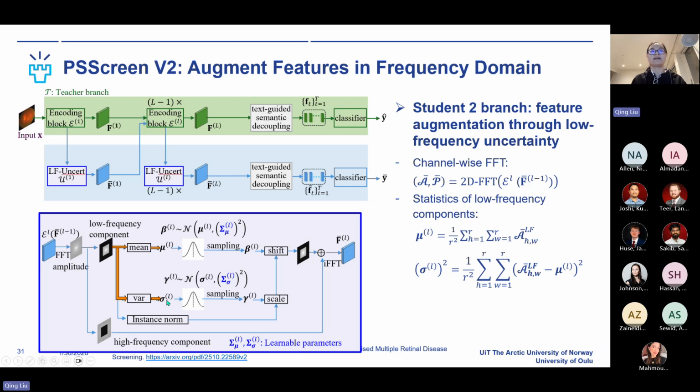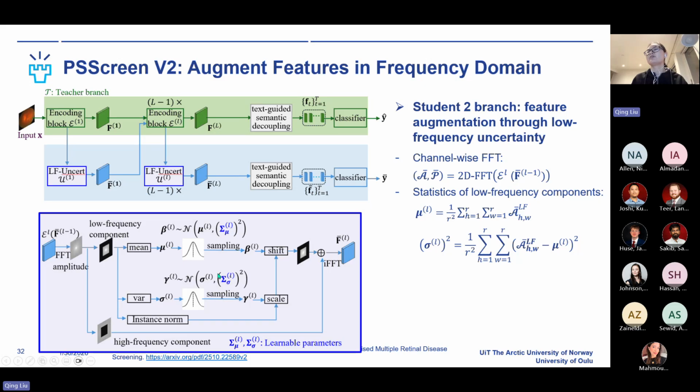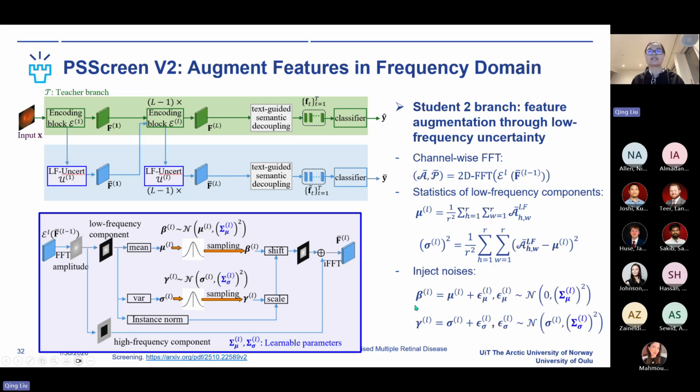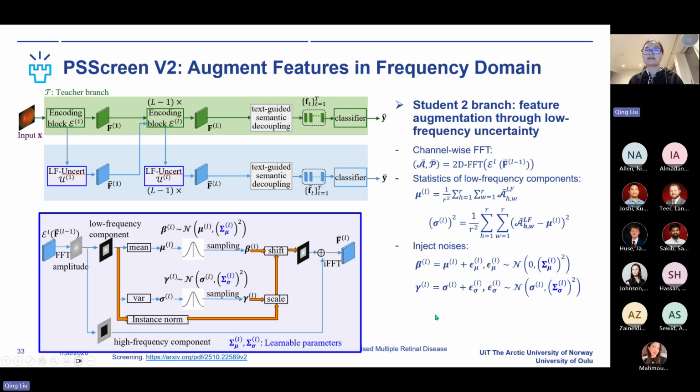Here we get the mean and the variance of the low frequency component, and then we inject random noise into these low frequency statistics, and then we can get the new mean and the new variance, and with the noisy mean and the noisy variance, we can get the random features, the augmented low frequency